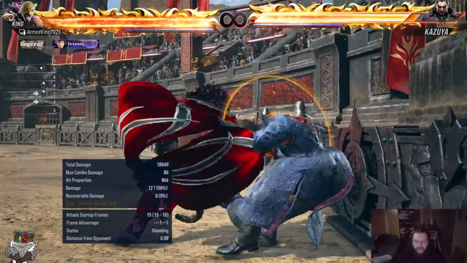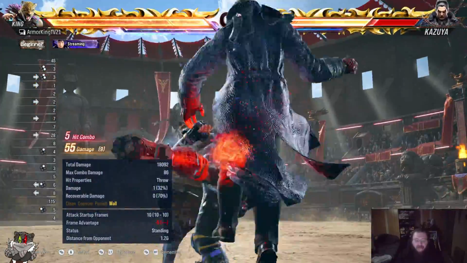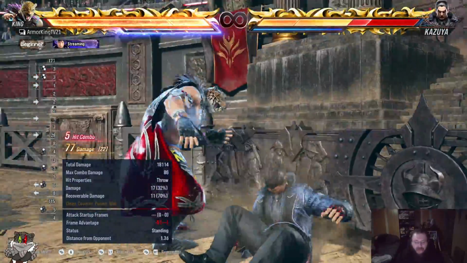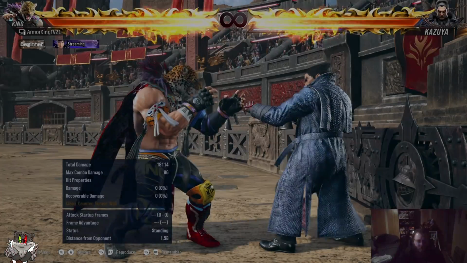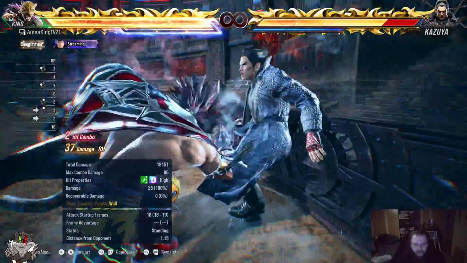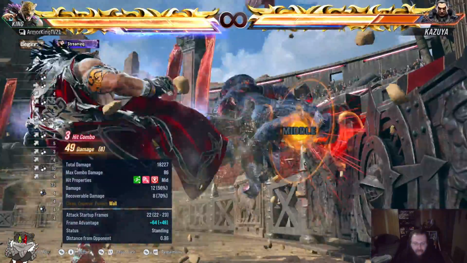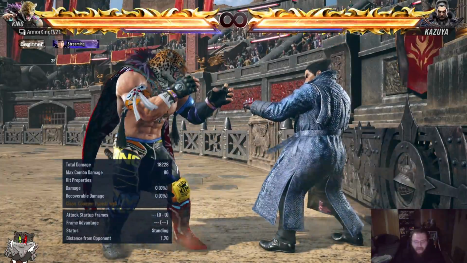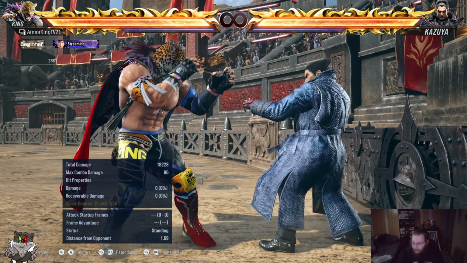Hold on, sorry about that. Forward 2-1 into back 1-2, and then do the blue spark throw. Pretty sure it's less damage. Yep, it's 3 less damage. So you're either going to want to go with forward, forward 4,